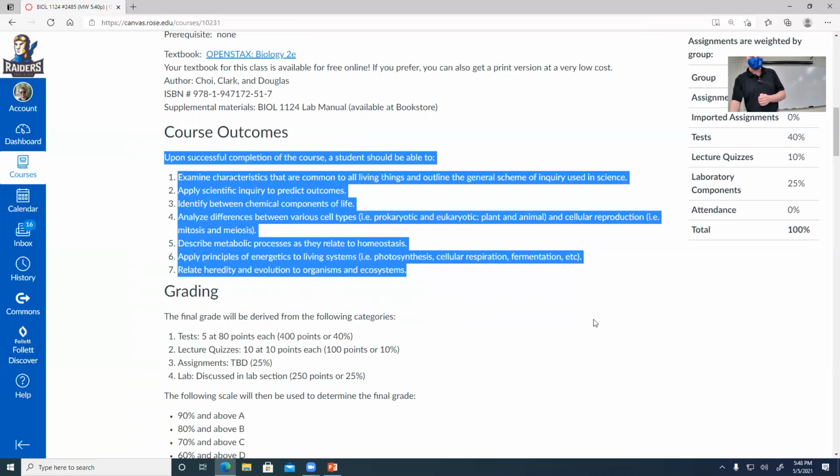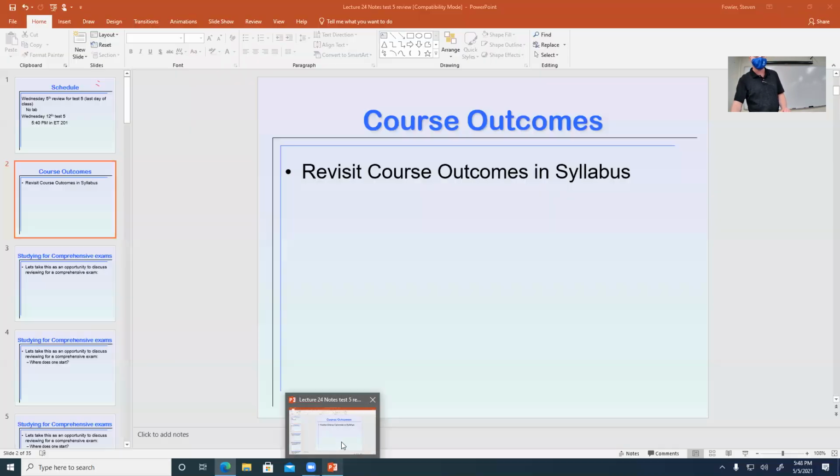And then understand both heredity, the genetics we talked about in test 4, as well as evolution. That's the new material for this test, and how those impact and are passed through organisms, and also how the environment, how the ecosystems, can impact those as well. Okay? So again, whenever we're looking at this, when I sat down and thought about what's going to be the most helpful for us at this point,